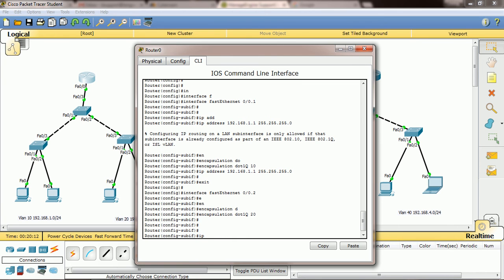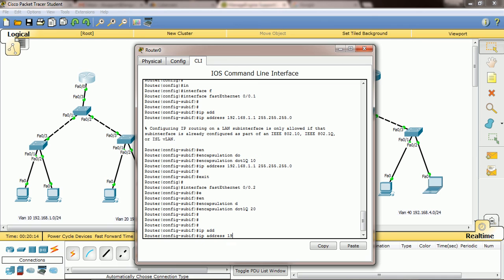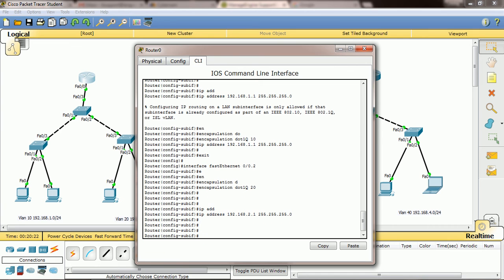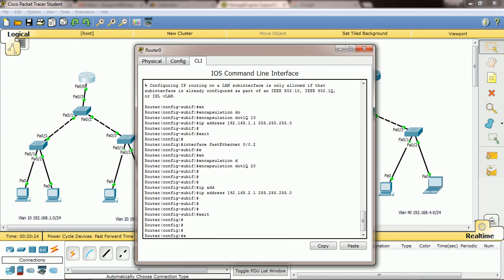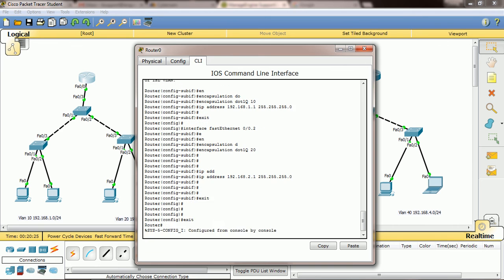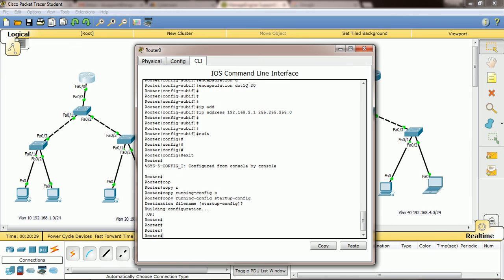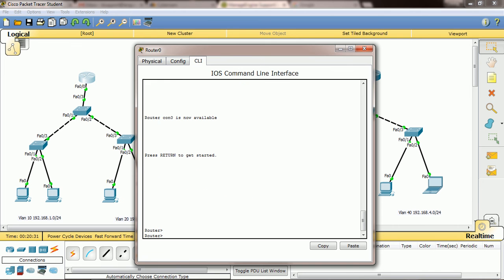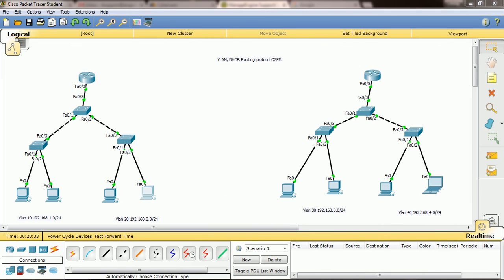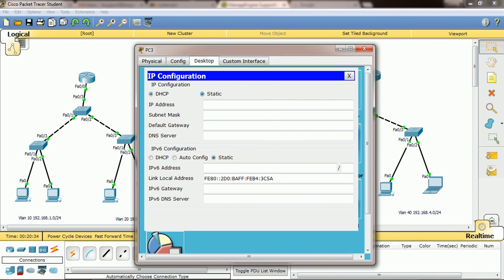Then give the IP address 192.168.2.1, my default gateway IP. Then exit, copy running config startup config, right?